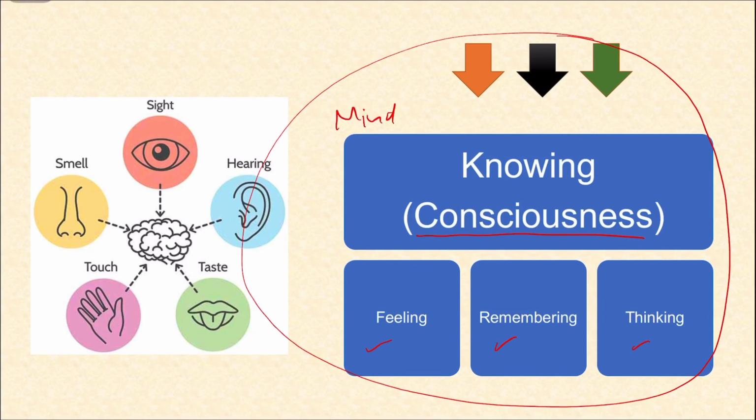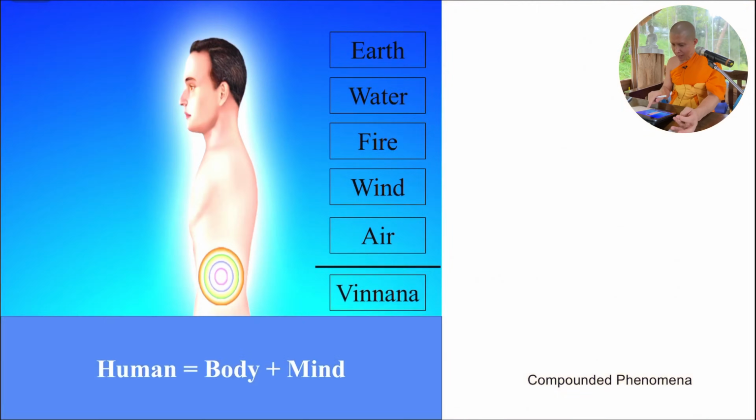Now we're talking about the mind knowing. This is the first one. Now we're talking about the mind feeling. Second one. Okay. Now we're talking about memorizing. The third one. And we're talking about thinking. Number 4. This is the mind. So that is why here it said